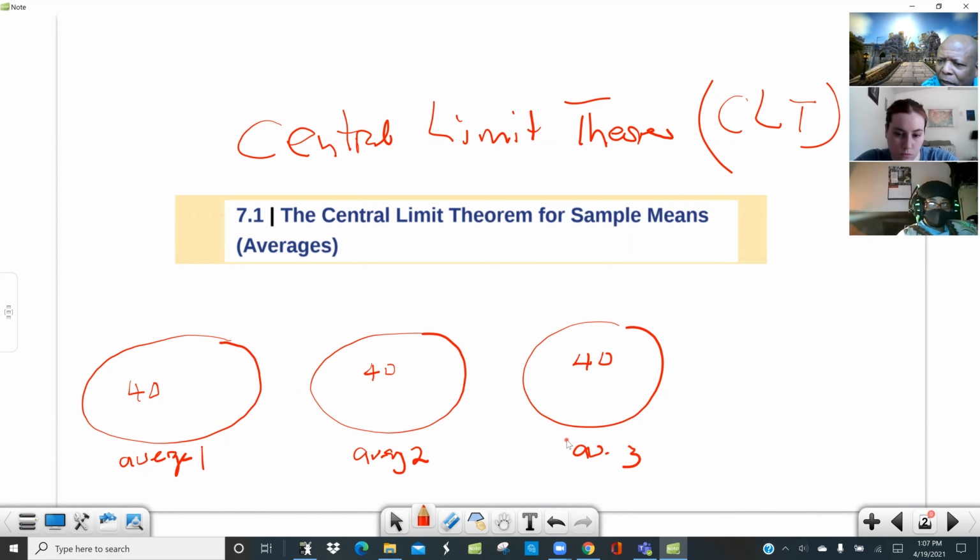So they monitor the groups, they monitor averages, they look at how the groups are performing,